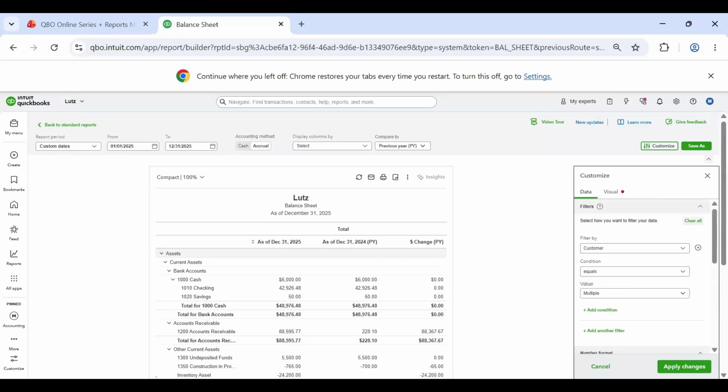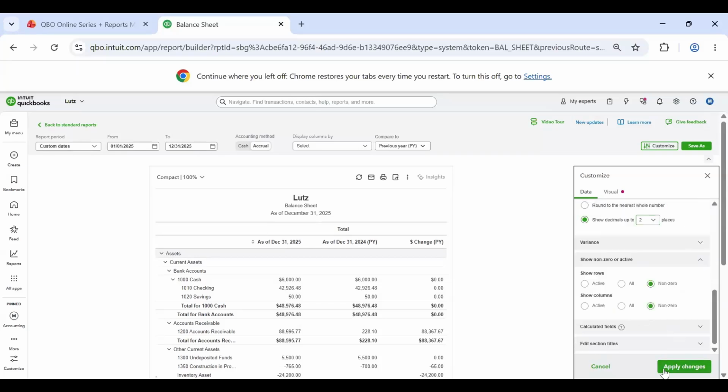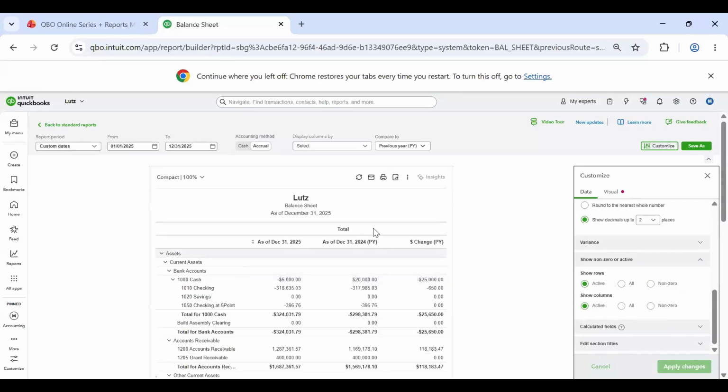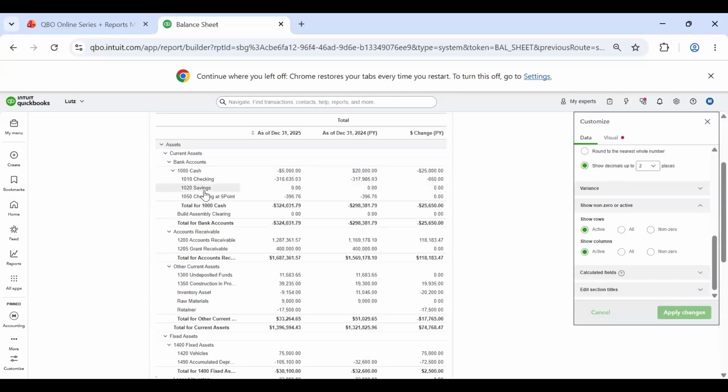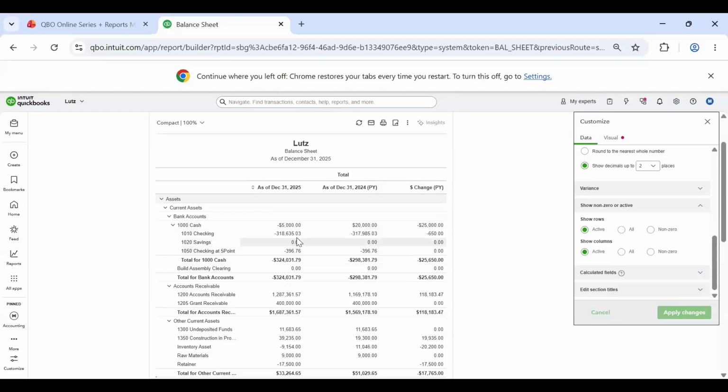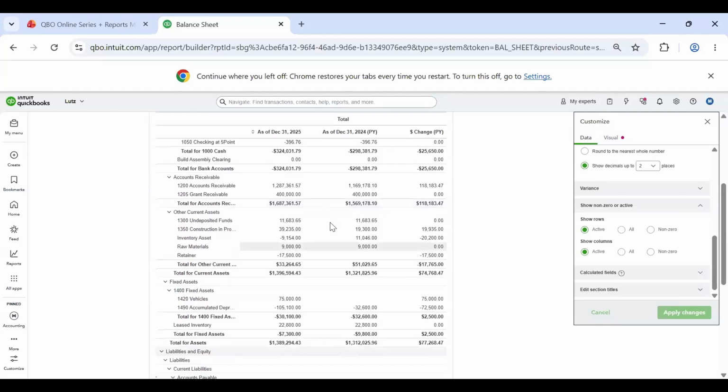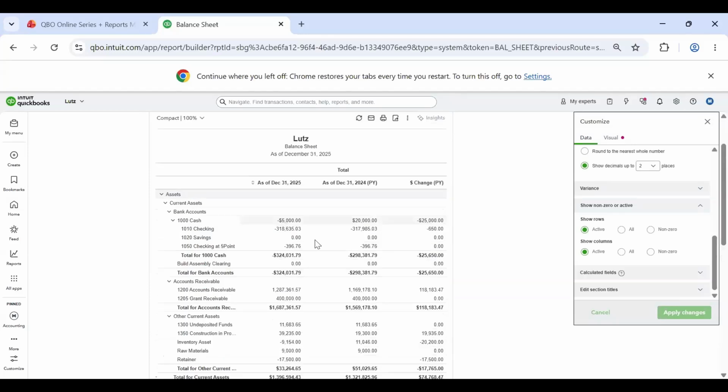We need a little bit more data, it looks like. So before I click on those, you can see here on 1020 savings, we have 0 here and 0 here. This savings account obviously hasn't been touched in quite a while, so there's not really a point of having this